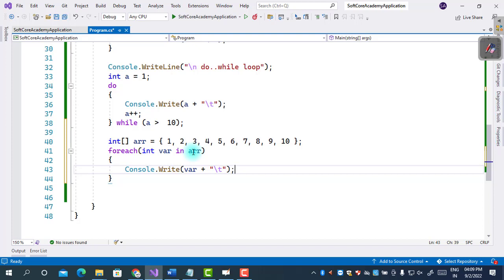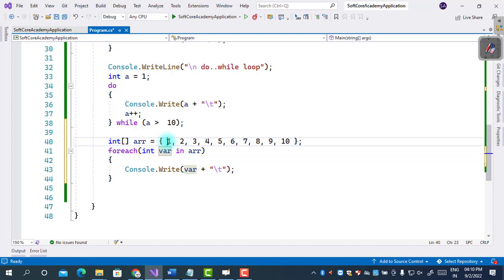So do remember, students, in case of for each loop, there is no need to handle the index, right? Like a for loop, i equals 0, i is less than or equal to 10, and i plus plus. We don't have a syntax like this. Here we have a simple syntax. We have to specify the data type, whatever collection you want to iterate, and the data type is the same as the collection data type. Variable name is any user defined name. You can give this variable any name. In is a keyword which basically checks is there any element in the array. If there is any element in the array, this in keyword will copy the element into the var.